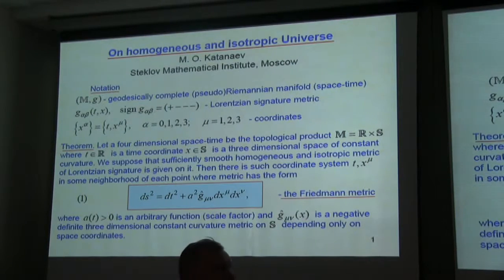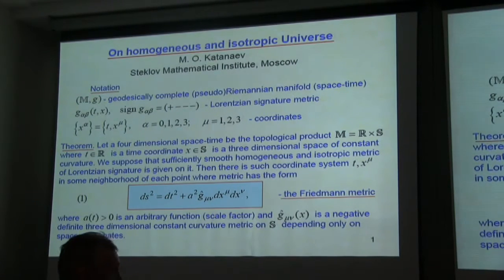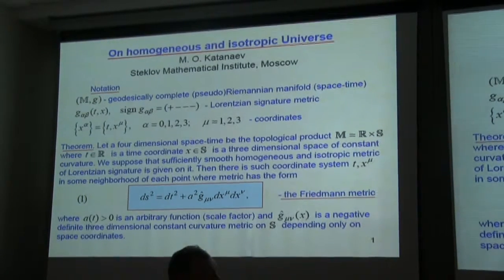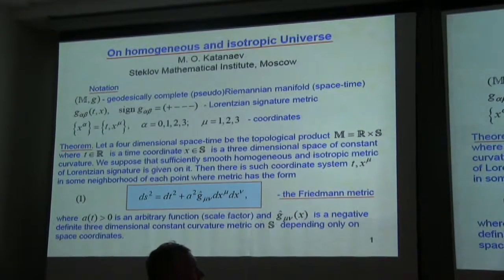There is a theorem. Let four-dimensional spacetime be the topological product of the real line R times S, where t belonging to the real line is a time coordinate and x belonging to S is a three-dimensional space of constant curvature. We suppose that a sufficiently smooth, homogeneous and isotropic metric of Lorentzian signature is given on it. Then there is a coordinate system in some neighborhood of each point where the metric has the form